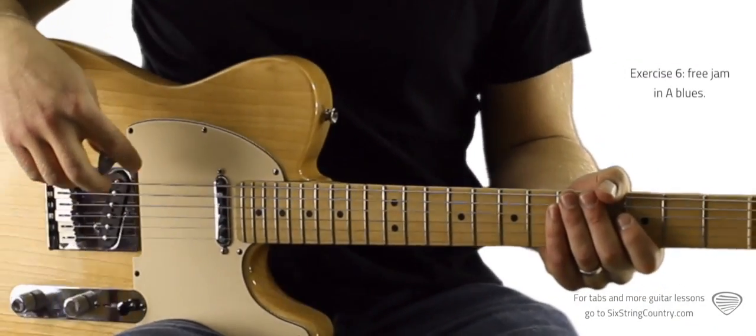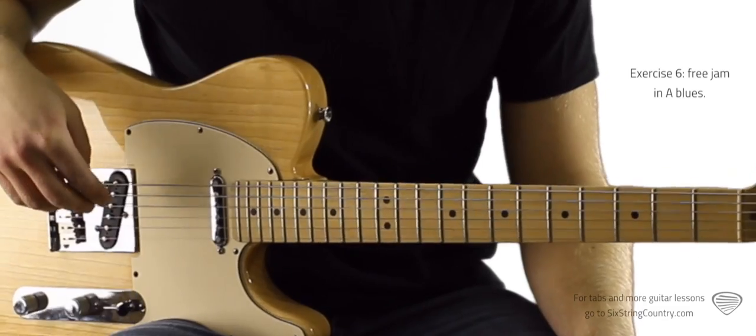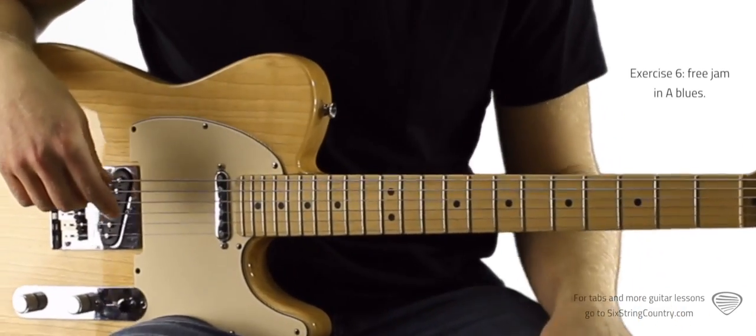All right, now we're just going to jam a little bit. I'll play a little bit over the track, and then we'll put just the track up, and you can craft some lines on